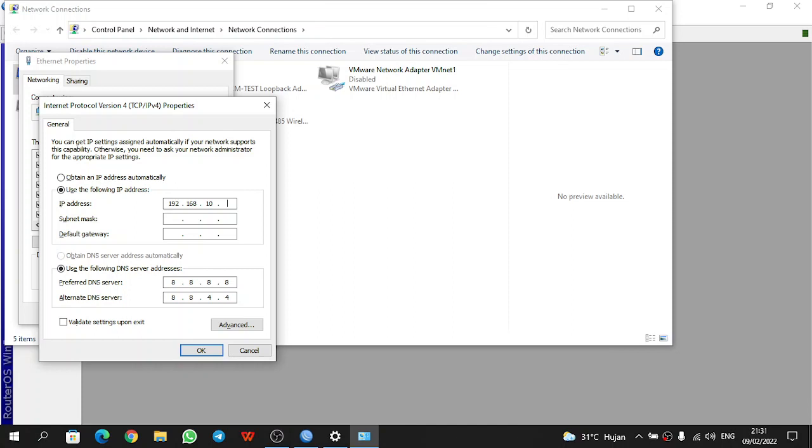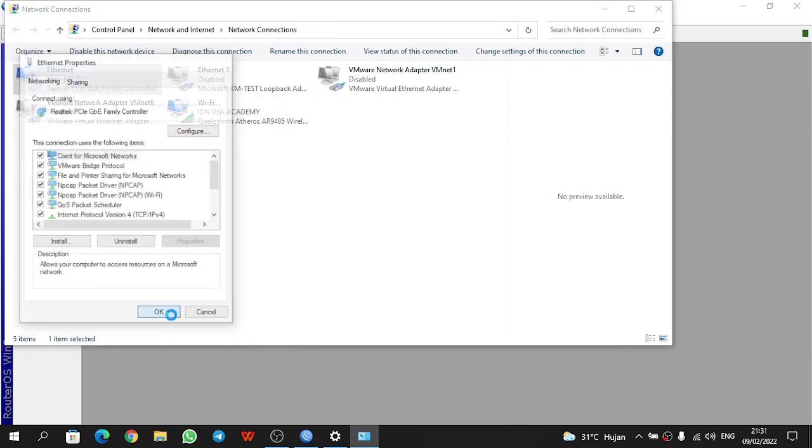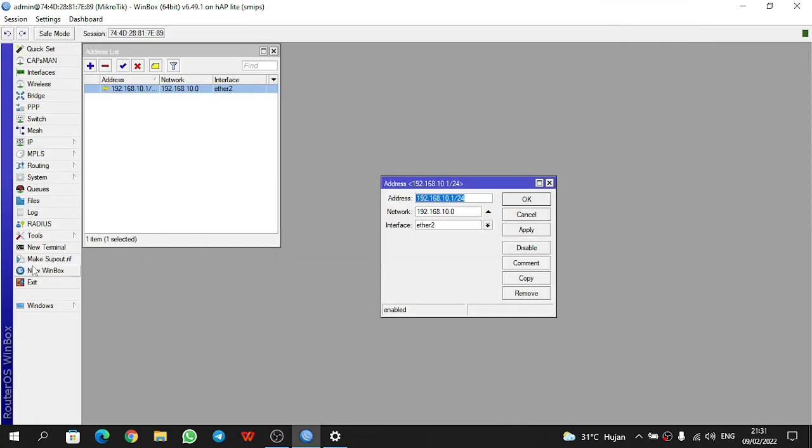For example, we make it 5, with the subnet, and the default gateway is the router board IP 192.168.10.1, and the DNS server is Google's. Then OK and close.